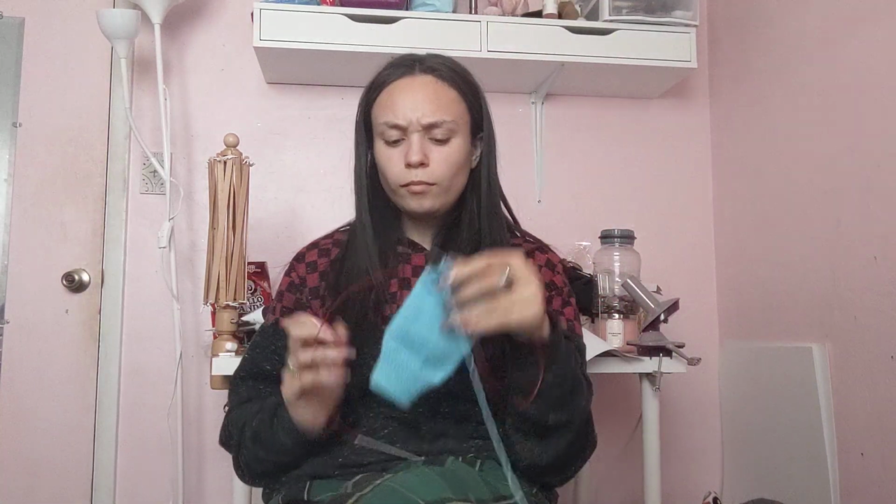And the only reason I'm doing the blue is because this is a very bright, light blue, and the Tempest is a deeper blue, and so I feel like I'm going to get that contrast in my brain of, it's not just the same color over and over and over again. And so after I finish this sock, I will either